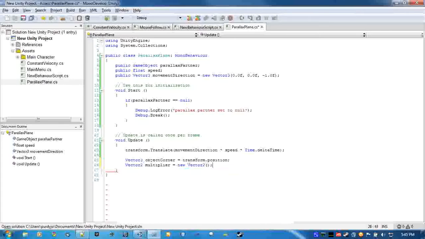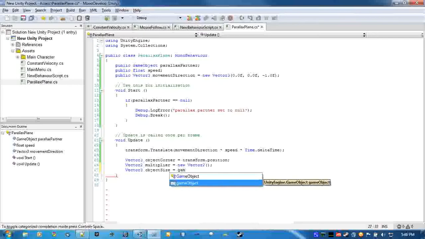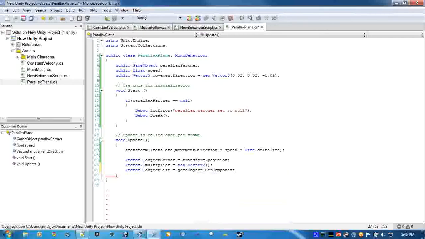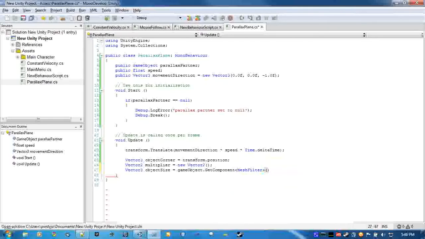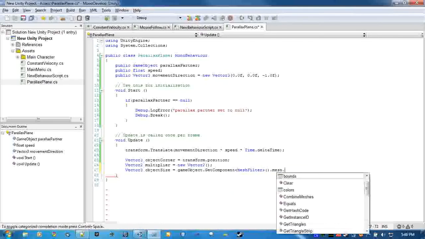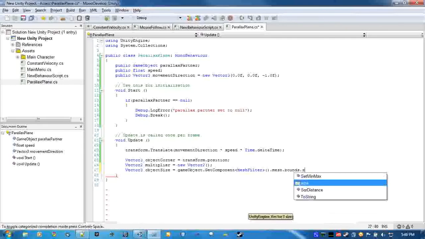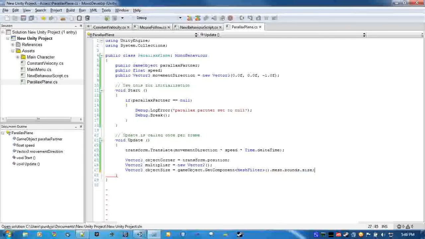So, new vector 2, it's just 0 for right now. And we'll find the object size to figure out how far the object actually has to move. We have to do this by finding our mesh filter and accessing the mesh and finding the bounding box of the object. Now, this object, or basically what this does, it returns the size of the object if the scale is 1, 1, 1,